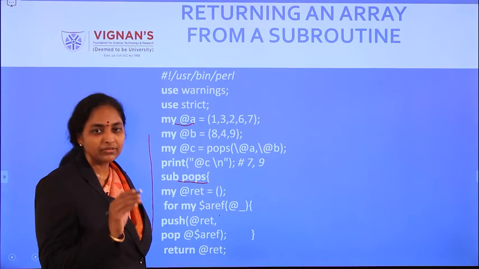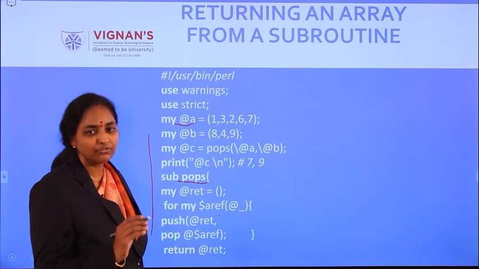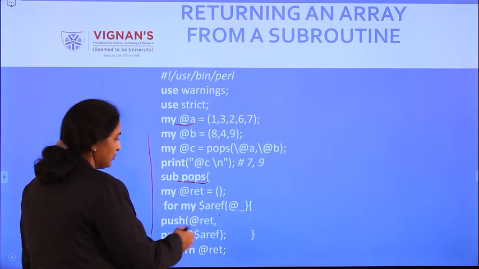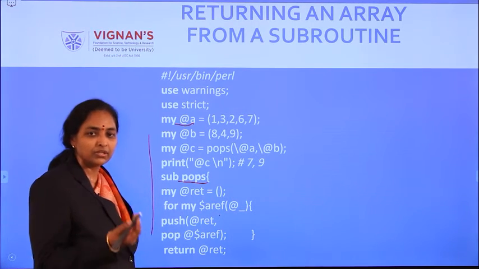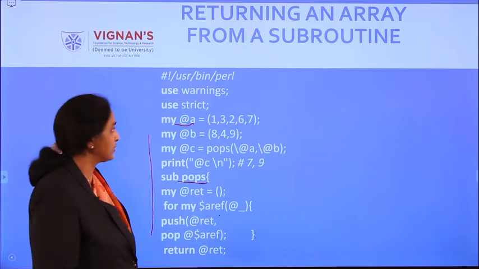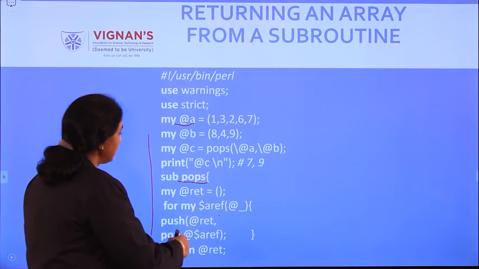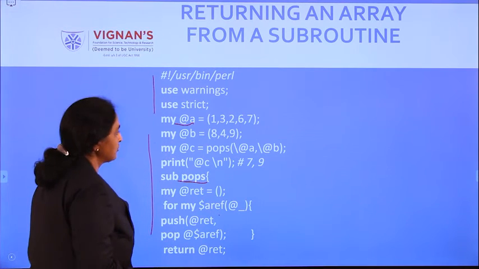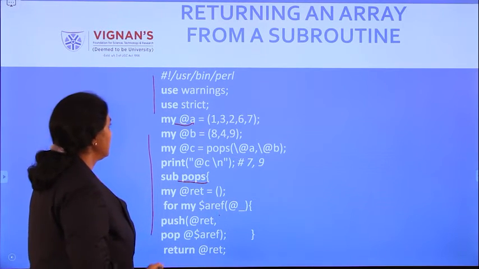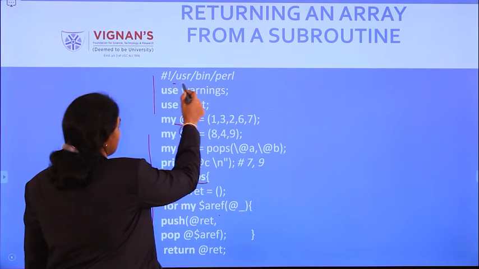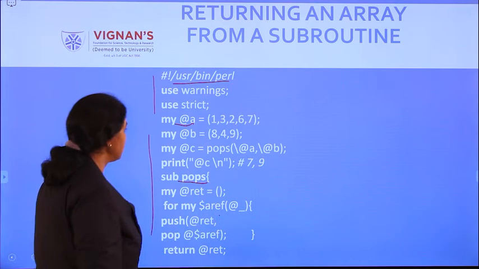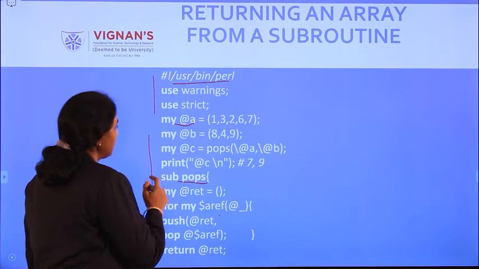Since arrays are by default integer indexed, that is the reason you can handle them with the help of a stack. So that is the way we want to do it here. So first write down the first part. This is common to anything: where your file is, where your Perl is loaded, and warnings and strict. First create the variable.